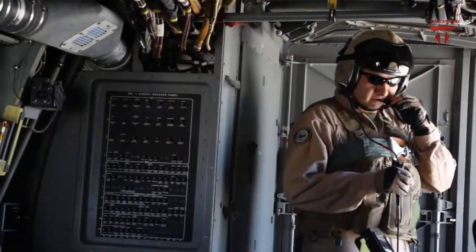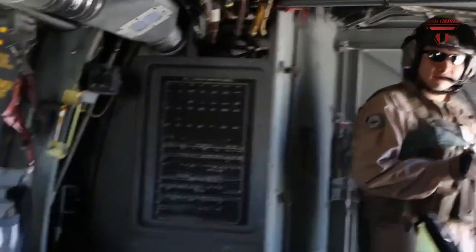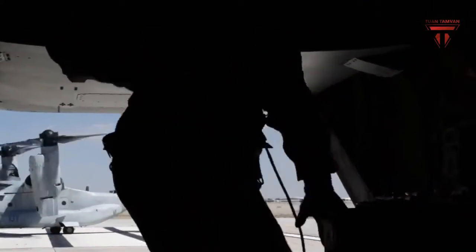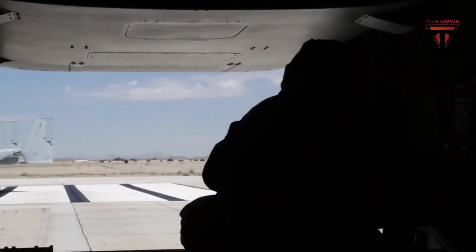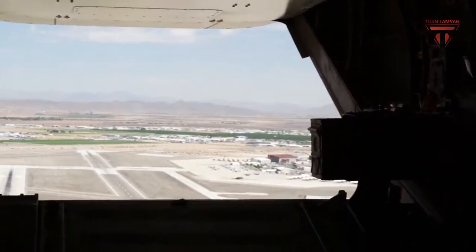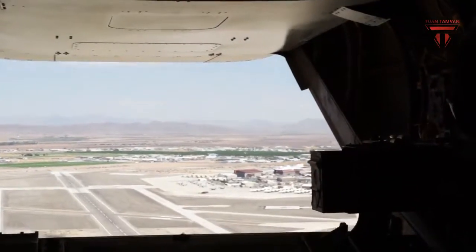Adding weapons to the Osprey would naturally allow the aircraft to better defend itself should it come under attack from small arms fire, missiles or surface rockets while conducting transport missions. In addition, precision fire will enable the Osprey to support amphibious operations with suppressive or offensive fire as Marines approach